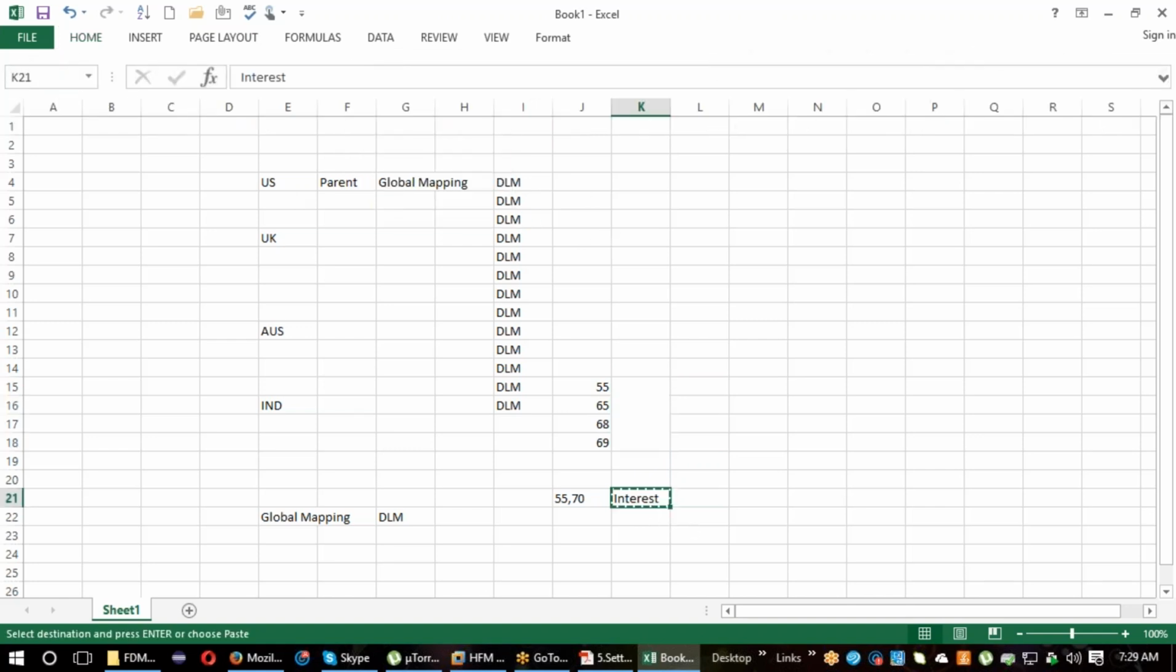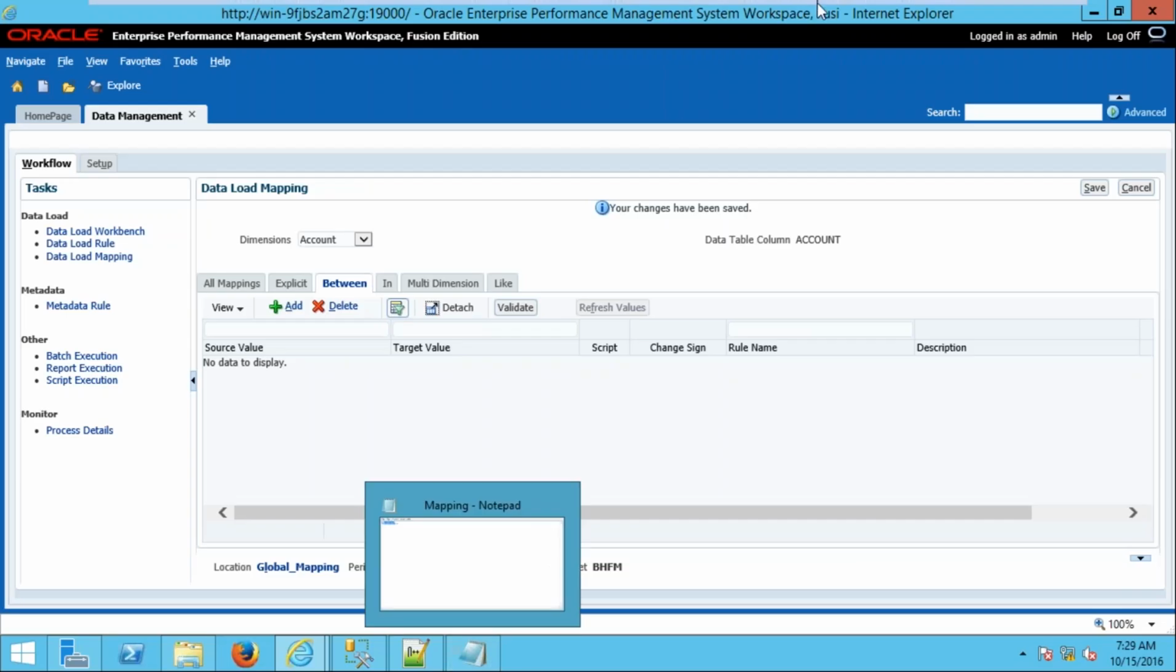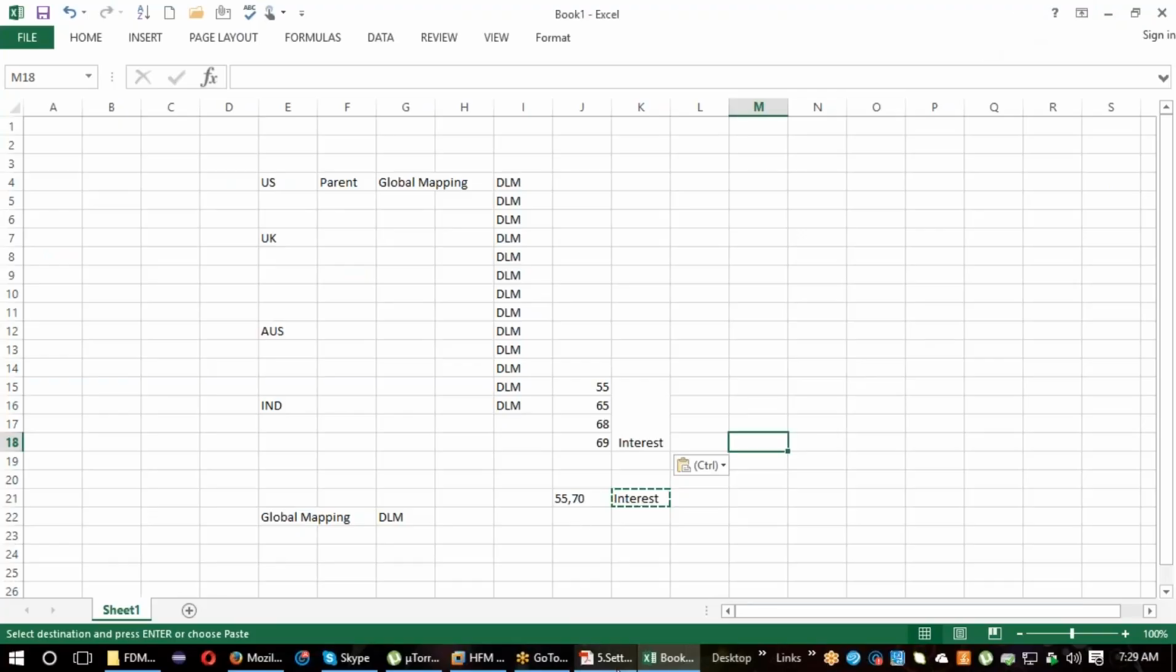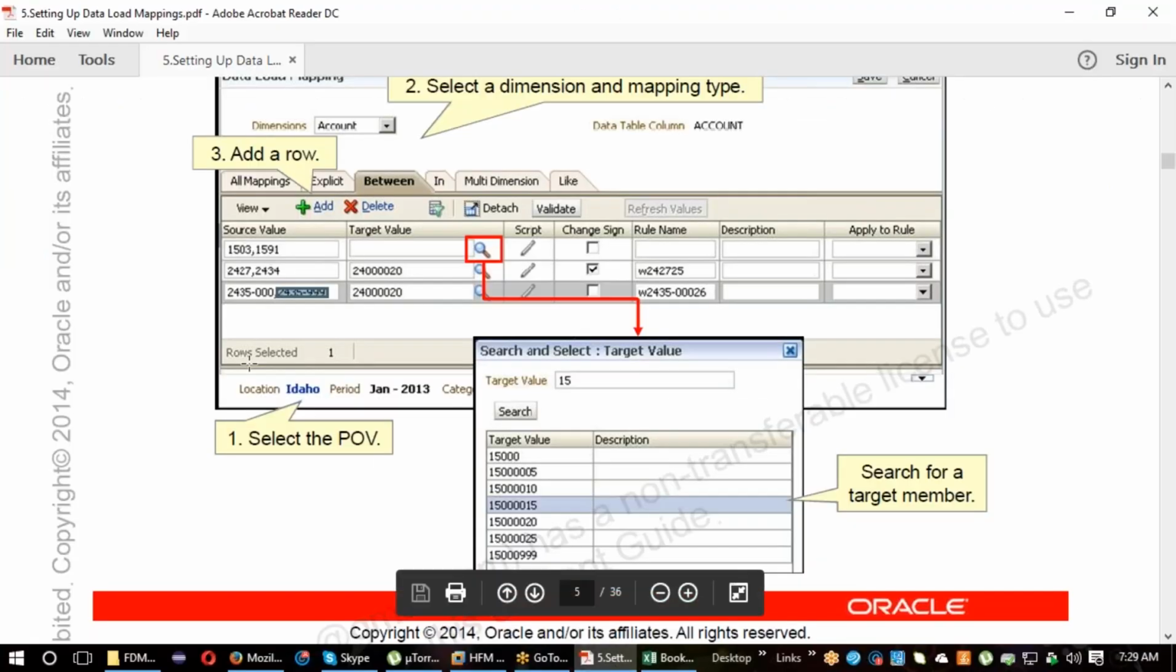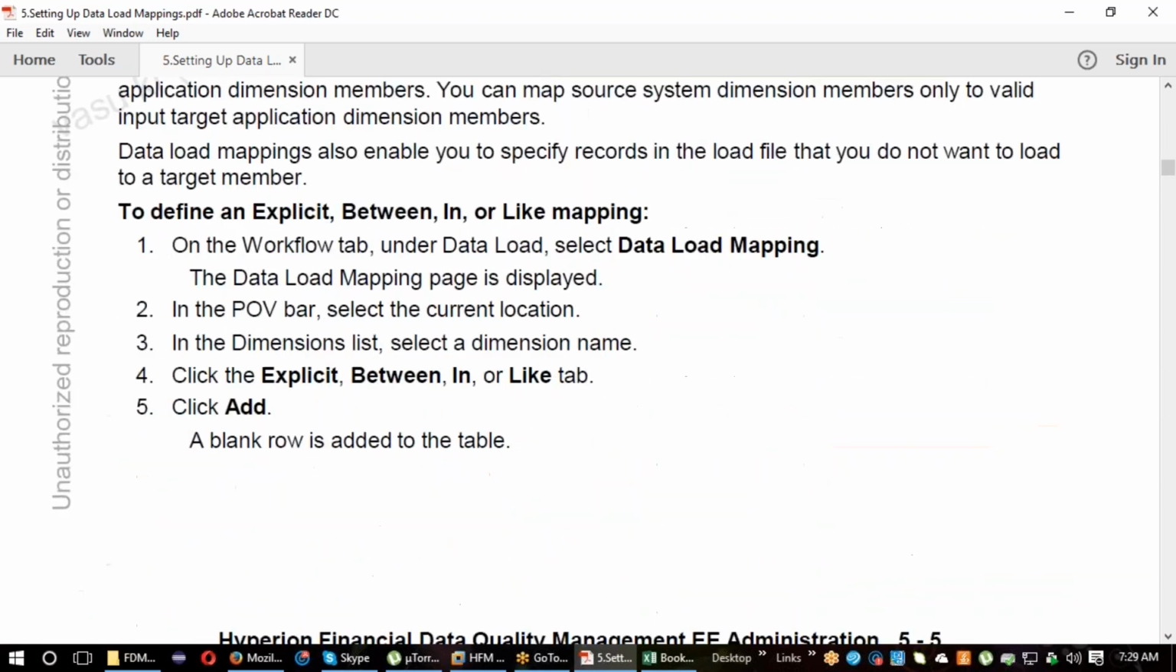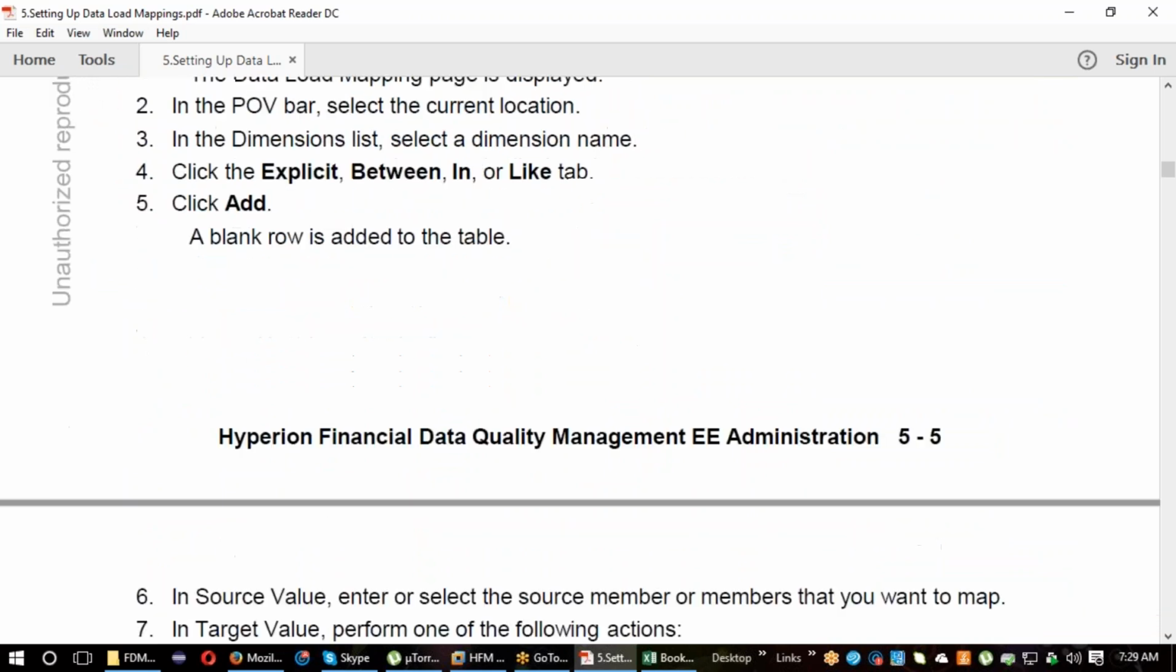That number will go into the target number only. So all these members will be loaded into the target number only. Okay, so that is the range of values. It is looking at the source value and it is going to be loaded into a target value. That is Between. And coming to the In operator,